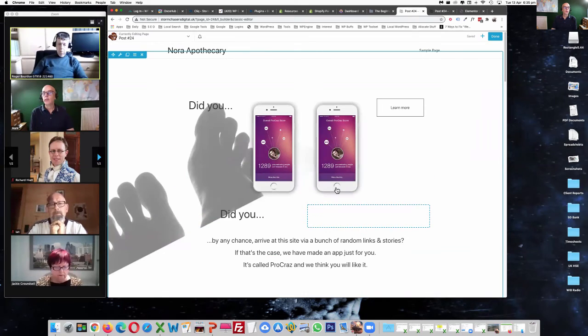From my visitor's point of view now, if they see that on a mobile, they're going to get two images the same one after each other. Not very good for the user's experience. So